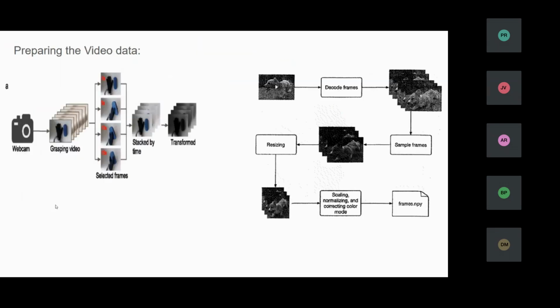So after preparing the text data that we have seen, we will be preparing the video data. As you can see in both images, they somewhat do the same thing. In the image on the right, the black and white image, you can see that there is a whole video. The whole video is decoded into frames, or separated in the form of frames. Now, out of all the frames that are created for the video, some sample frames are chosen at random,